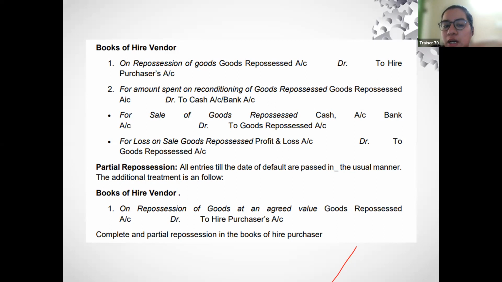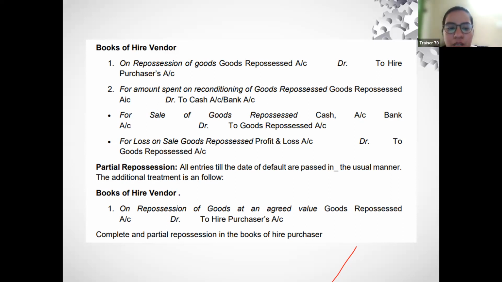Goods repossessed account debit to cash or bank account, since you have made an expenditure with respect to repossessed goods. For sale of goods repossessed, if you have sold those goods, cash or bank account debit to goods repossessed. You are getting the cash in bank, and what goes out is whatever goods you have repossessed. So you will credit them, and you will debit cash or bank account, since you are getting the cash